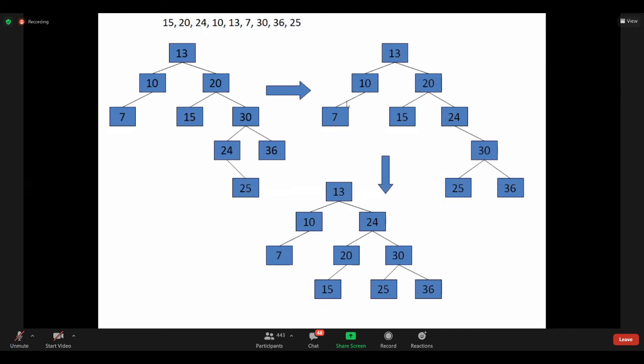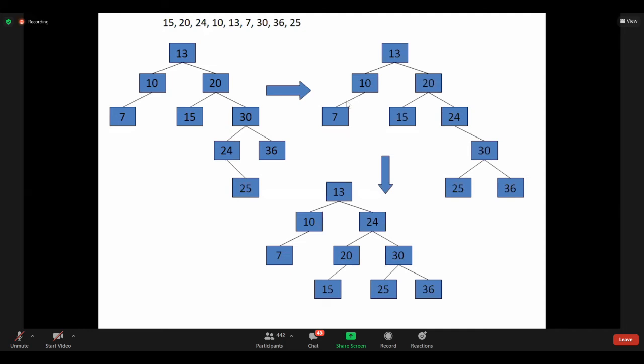No, we are not considering the balance factors, ma. 35, 24 balance factor is less. Don't think in such manner. When I'm trying to insert a node in the existing tree, after adding that particular node, we are calculating balance factors. Next step, after calculating balance factors, we check at which node we got the imbalance factor. So node 20 got the imbalance factor.